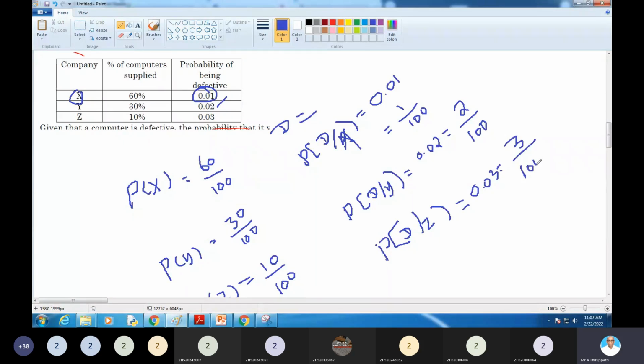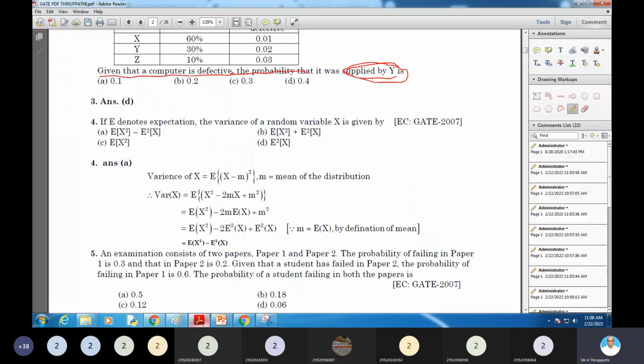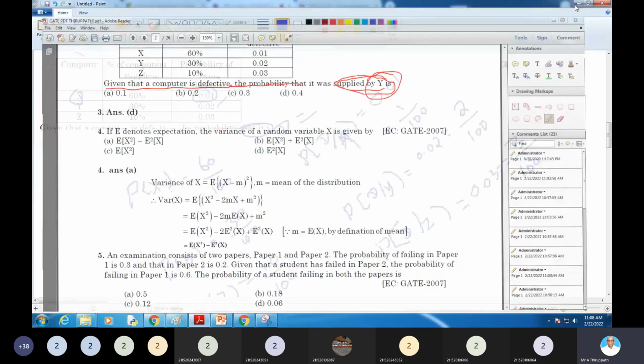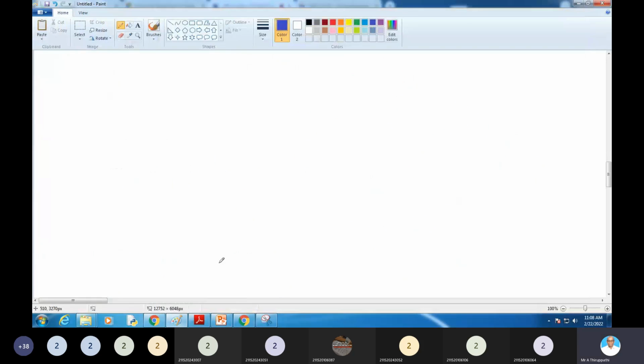Okay. Now, what is the question? Given that the computer is defective, the probability that it was supplied by Y. What is the formula? By Bayes theorem, the probability of Y given D is equal to